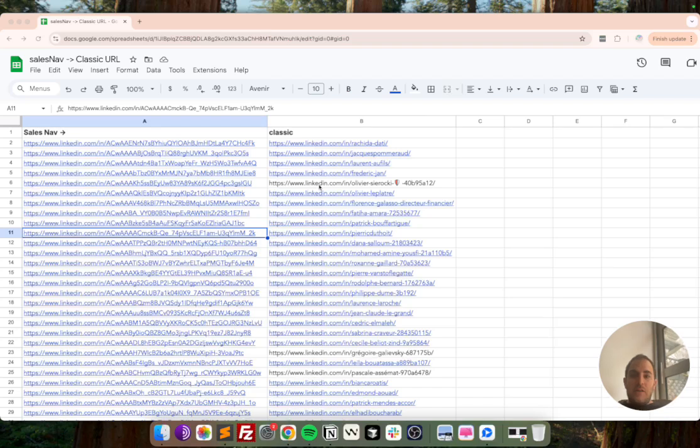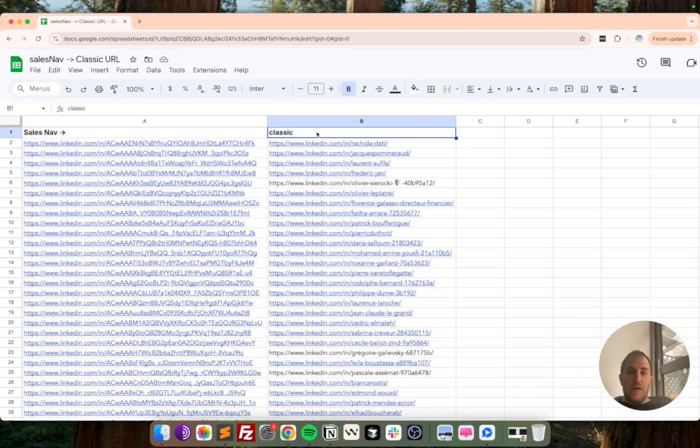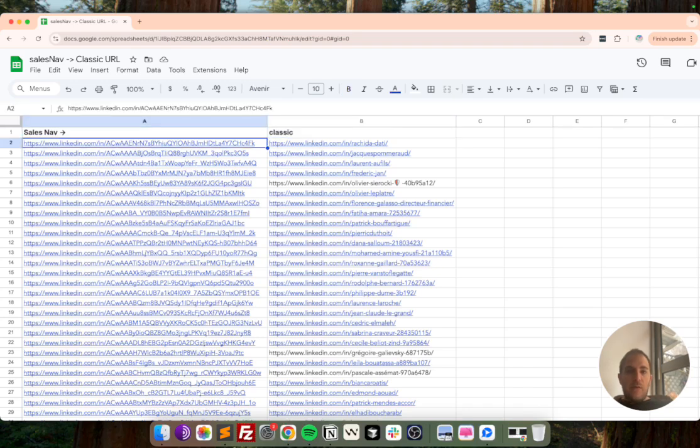Today I'm going to show you how to go from the Sales Nav URL to a classic URL. It's quite easy. You just have to understand the difference between both URLs. Both of them redirect to the same page, but one is for Sales Nav, the other one is for a classic account. And in order to get, for instance, the phone finder feature in Derrick, you need this kind of URL and not